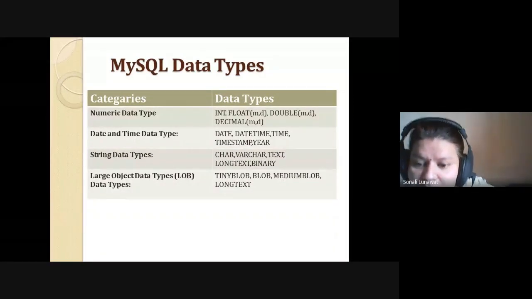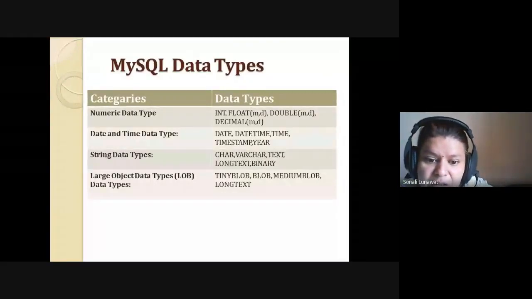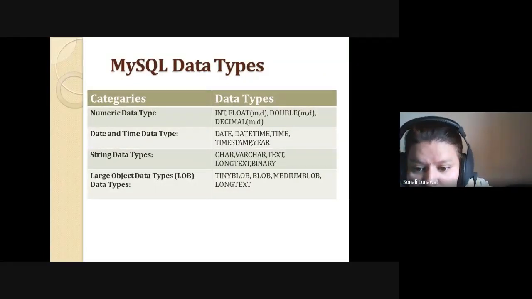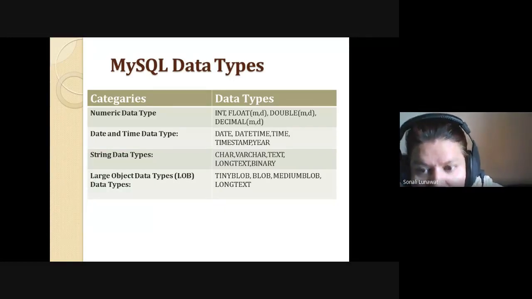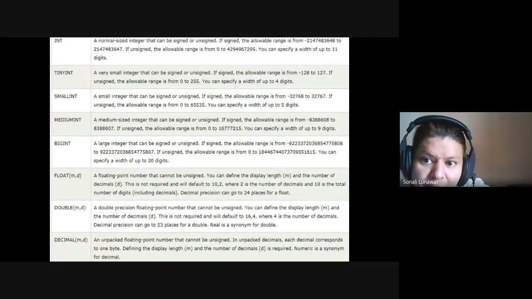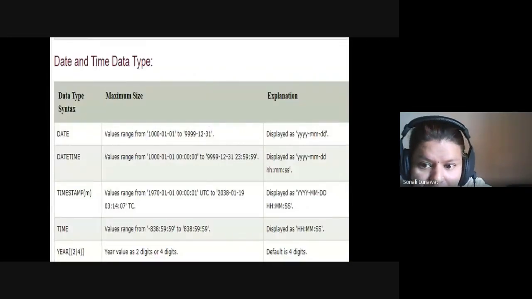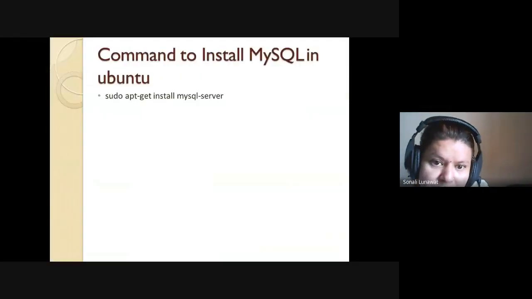Then you have text, you can have long text. Again, the size differs between text and long text. We can go with binary also. And if you are storing images or another file format, then you are going to use tinyblob, mediumblob, and longblob. So these are different MySQL data types, and we'll be learning them one by one. I'll show all this. By default, if I am using integer, it gives me a 10-digit integer that I can store. All the descriptions are in this PPT. These are all different data types we'll see afterwards.